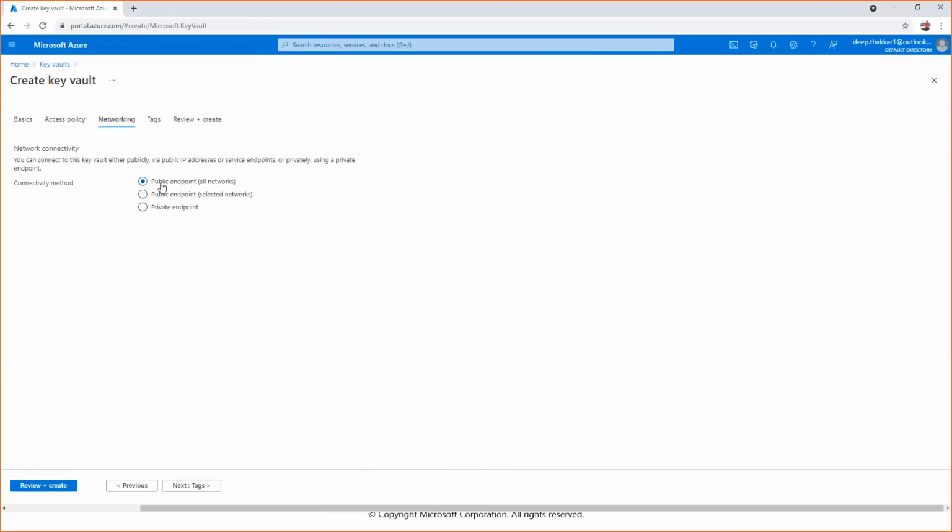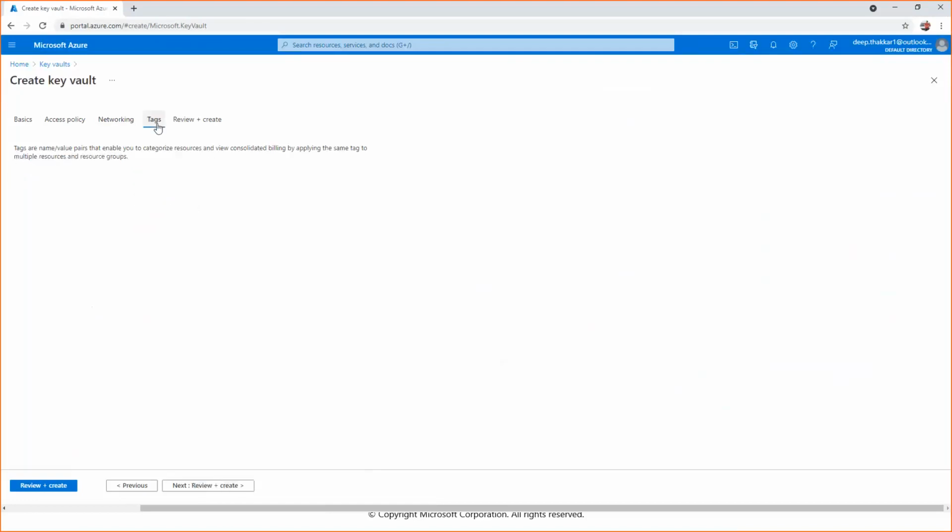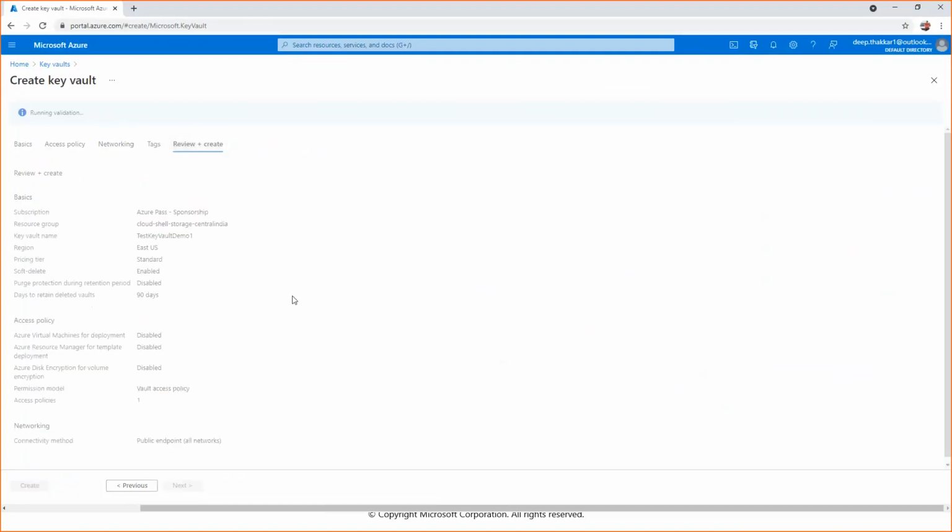If we want to give access to everybody on the internet, we can select public endpoint. If we want selected public networks, we need to select public endpoint with selected networks. And if we want to give access within our organization or within the tenant, then we should select private endpoint. Tags are key-value pairs, you can give anything. And this is the validation.